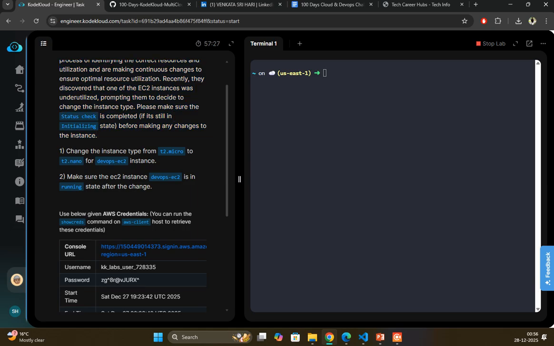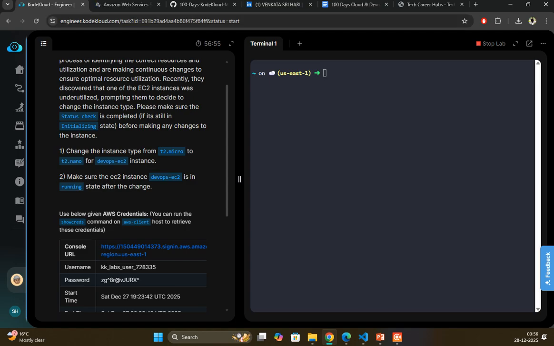First, change the instance type from T2 micro to T2 nano for the DevOps EC2 instance. Here already one EC2 instance is running. Our task is to change T2 micro to T2 nano and make sure the DevOps EC2 instance is in running state after the change. For that, click on this AWS console link,